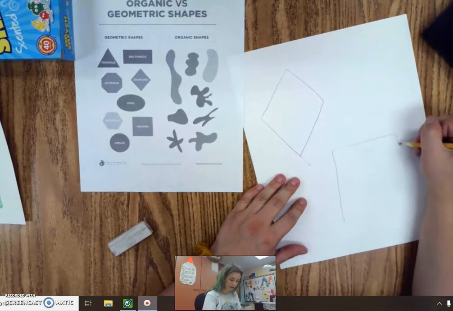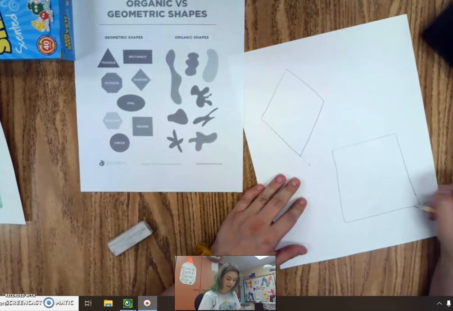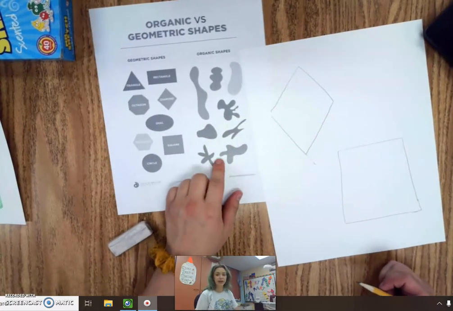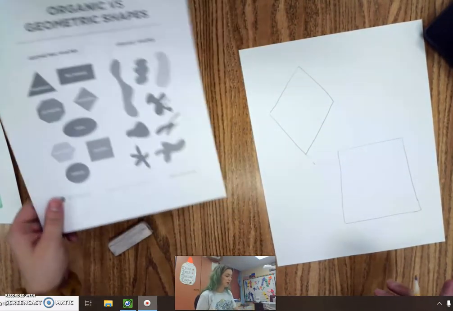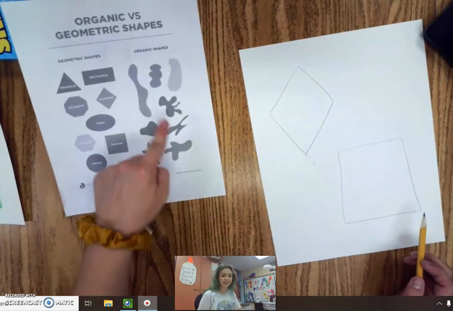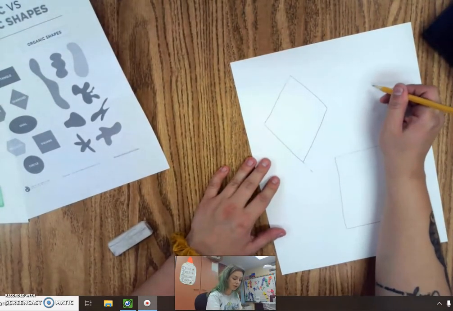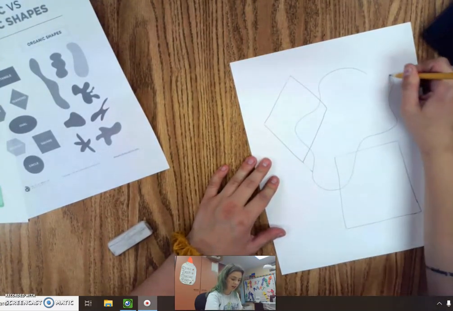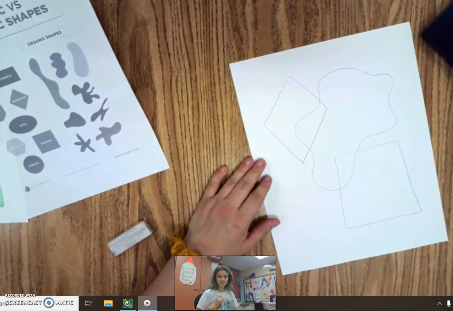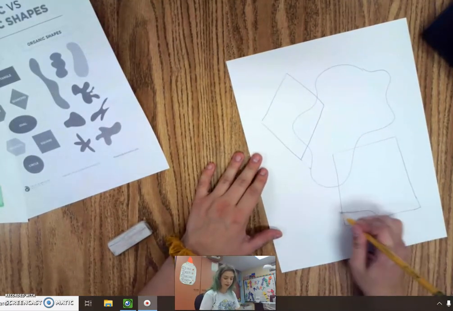So now I have my two geometric shapes. Now I'm going to add in my two organic shapes. And if you look right here, organic shapes can kind of be any sort of shape. So you can kind of make it up on your own. I kind of think of the inside of a lava lamp whenever I think of organic shapes. So I think I'm going to make my first one over here in this corner, like that. And then I'm going to make my next one, I think, here at the bottom,